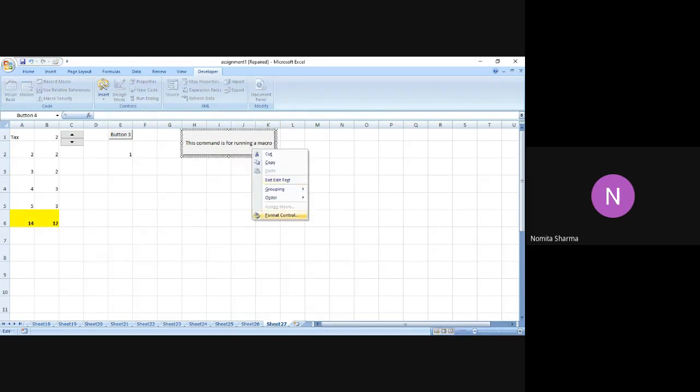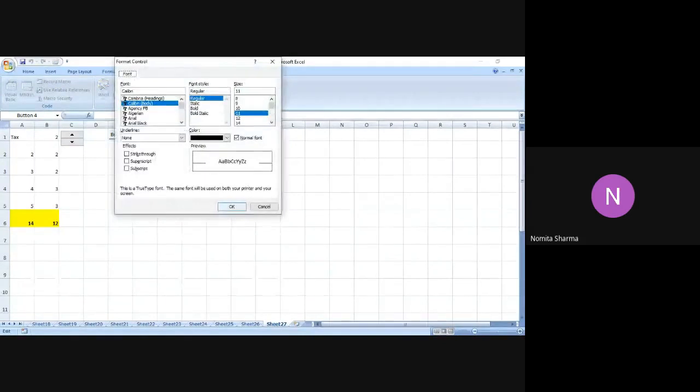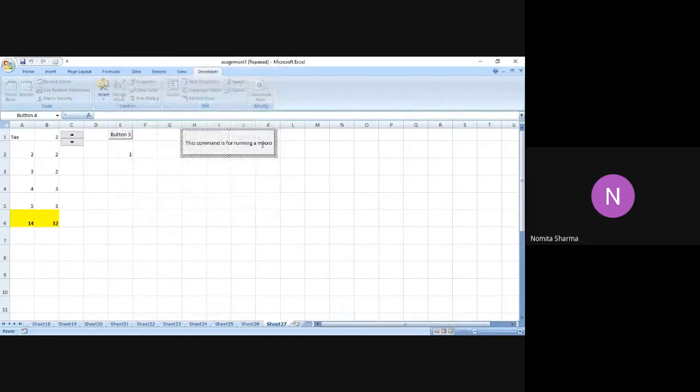So I go to form control, and now I will be talking about this. Oh, I have to assign the macro. So wait a minute. Oh, it has lost that. That's okay. Actually, I should have done this step earlier, because there is no macro assigned to this particular command. That is the reason you will not see any instruction being played on the Excel sheet. But let me do it one more time, and I will not delete that, just for reference.